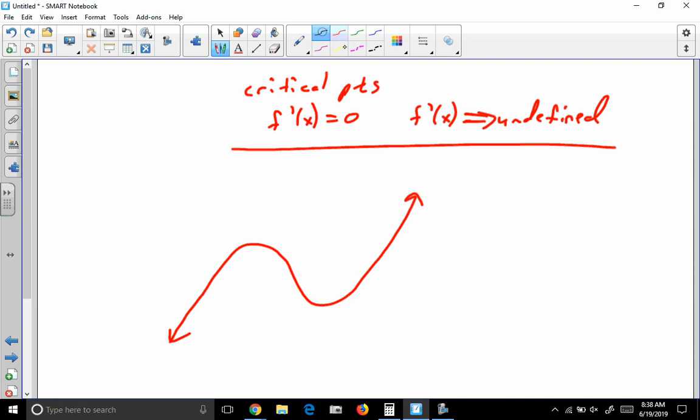let's add a little bit more terminology. This point here is a maximum, but notice it's not the highest point on the entire graph. If you compare this point to the points around it, it's considered a local maximum. In its location, it's higher than points near it, or sometimes books refer to it as a relative maximum. Relative to its neighbors, that point is higher than all the other ones. Likewise, this point